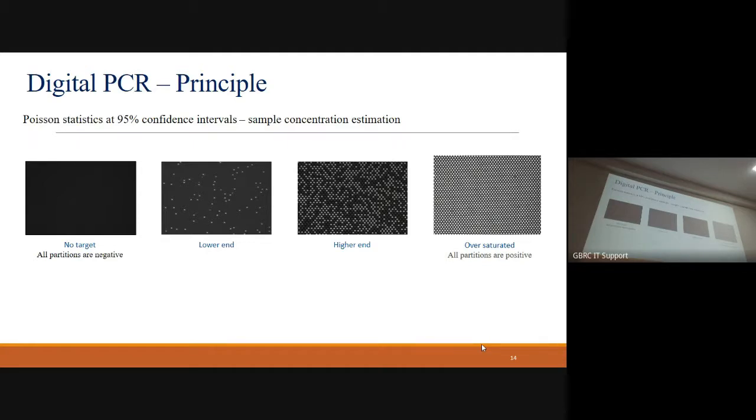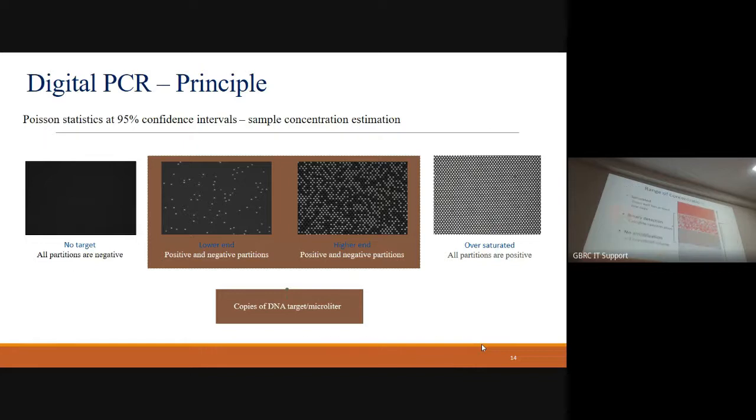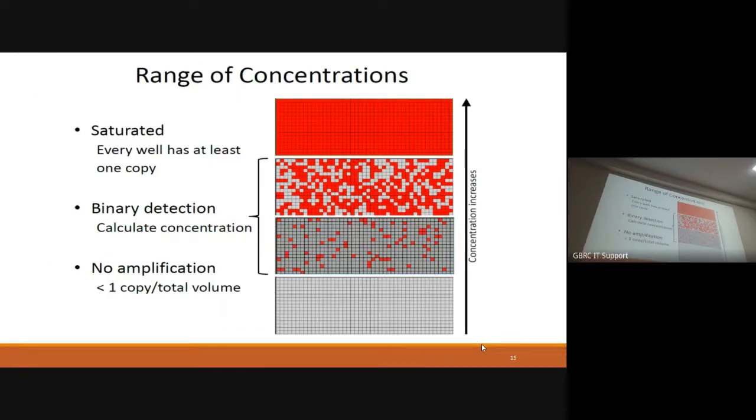So here, suppose your concentration is very high. You will get a result like this, oversaturated. Your digital PCR software will tell you it is oversaturated. Then you need to dilute your sample and calculate accordingly. So this one is good. Here, if you are getting a signal like this, then the software will calculate the copies. Your output will be copies of your DNA or RNA target per microliter. As I mentioned, this is saturated, so your detection should be in between, and this should be your NTC. There should not be any amplification.